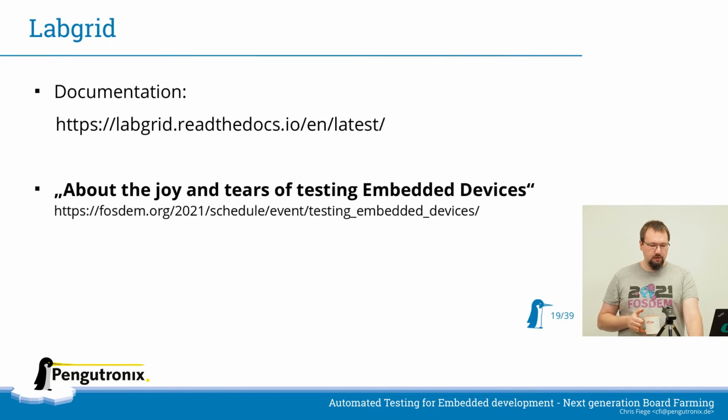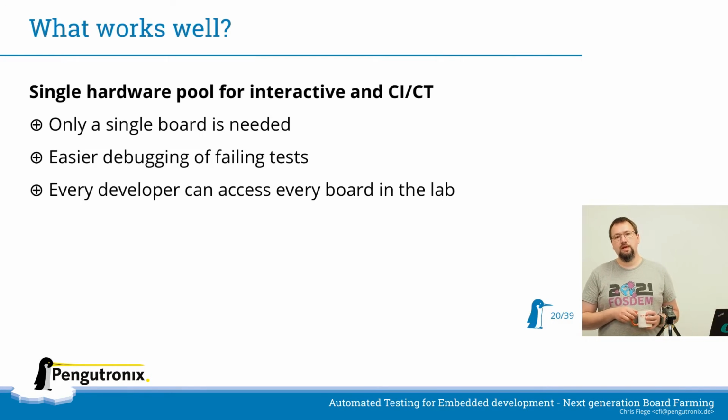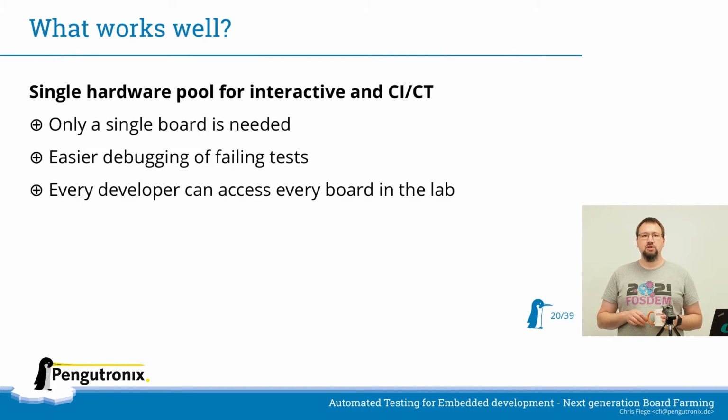Okay, so far about how infrastructure is built. What's good in the way we've done it? What works well is that we just have a single pool of hardware and infrastructure we use for interactive use and for continuous testing. In most cases, we only need a single prototype from our customers, and then we can do both interactive work and continuous testing. But it's usually better to have at least a spare or even a second device that's already